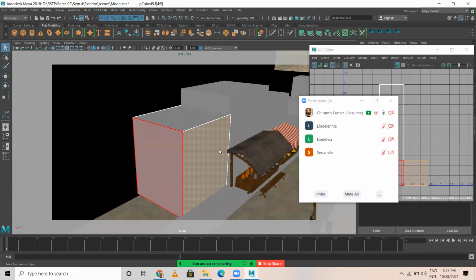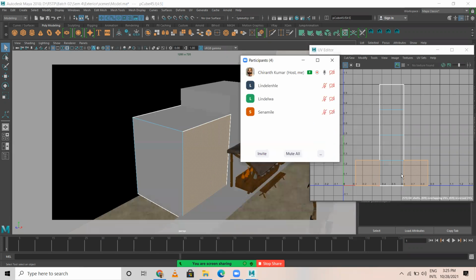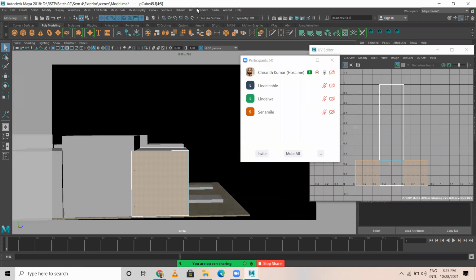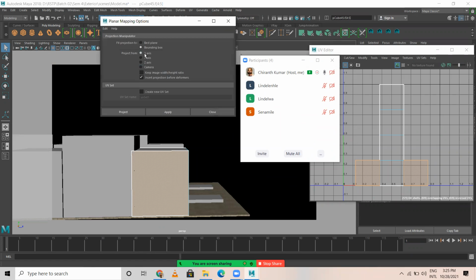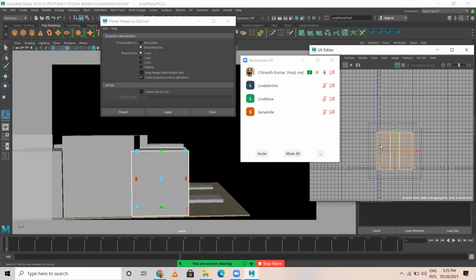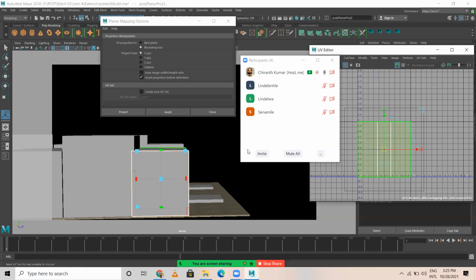Now, two faces are selected. You have to observe here also. Two faces I have selected in UV. Now what I'll do, I'll go to UV, planar mapping, x-axis I'll choose and I'll apply. Now what happens? See this particular box, there are 4 boxes here. Box 1, box 2, box 3, box 4. So these faces, the UV has fit completely, and we have 4 spaces remaining.